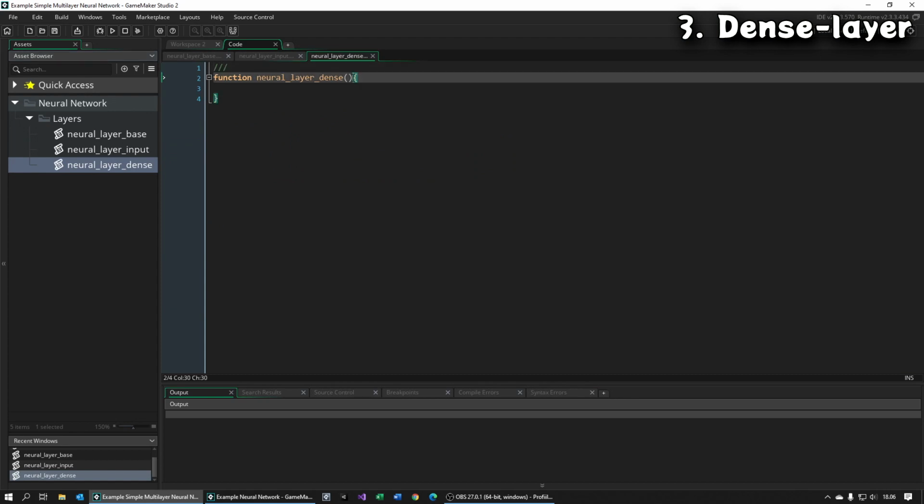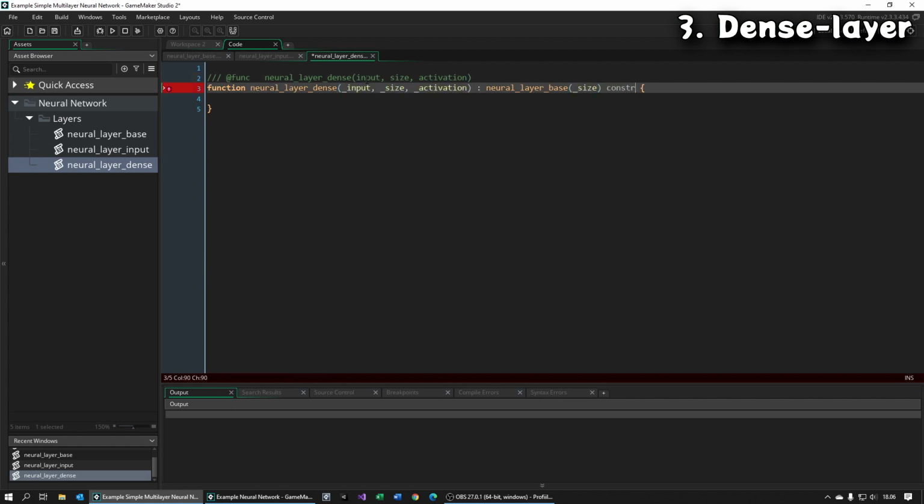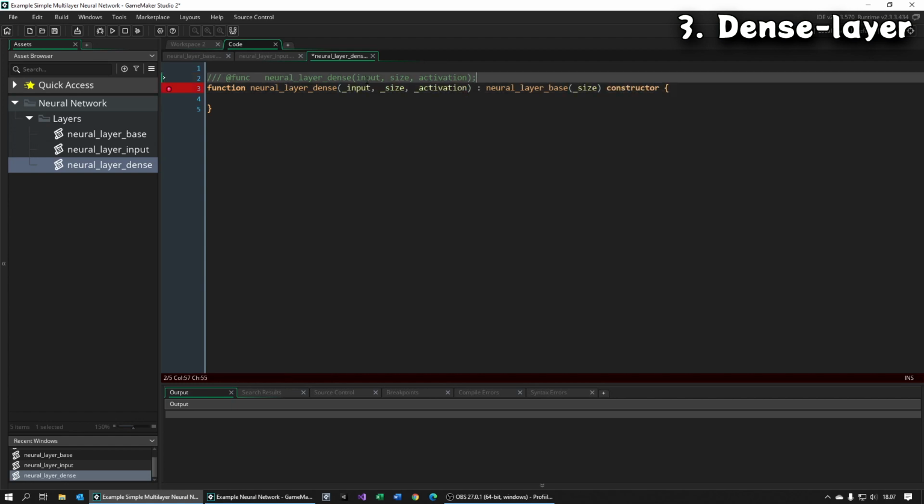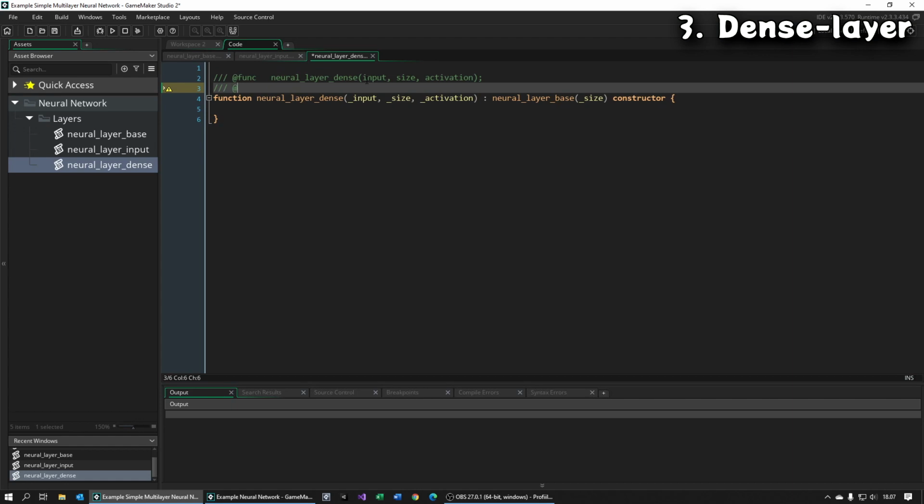The second type we make today is the dense layer, which is also known as the fully connected layer. You can imagine that all neurons are connected to every previous neuron, where the name comes from. These connections are called weights because they put different weight upon the same signal. So in this layer, neuron activity is calculated as a weighted sum of the previous layer. Activity is further modified by an activation function and bias.